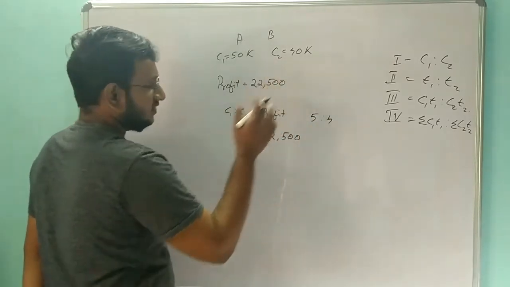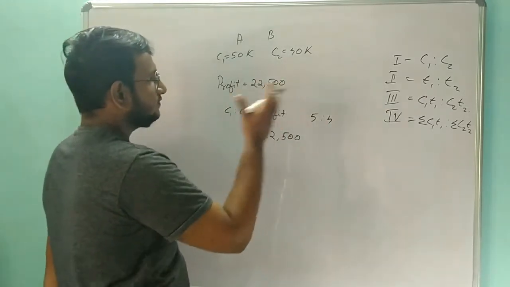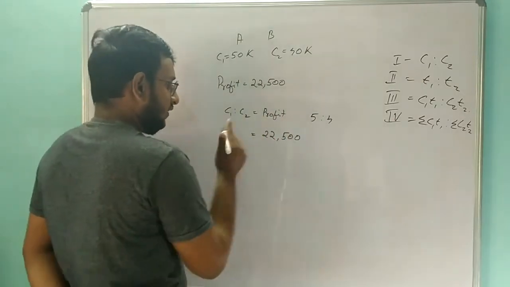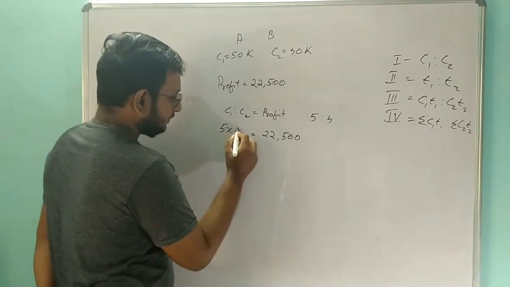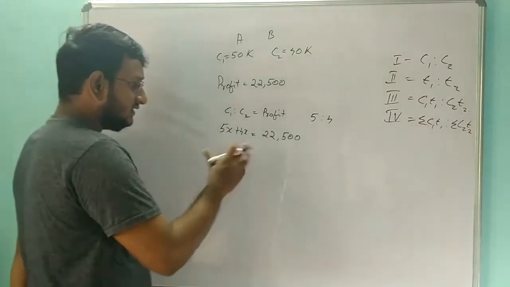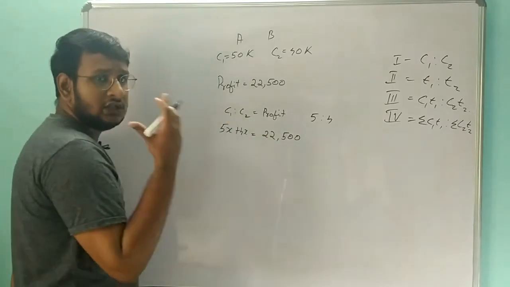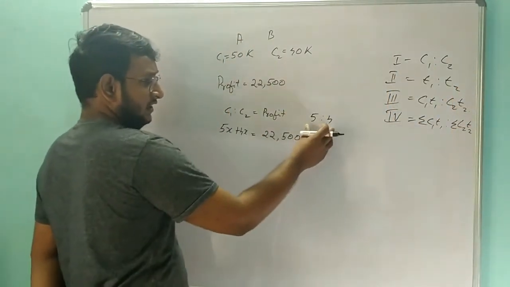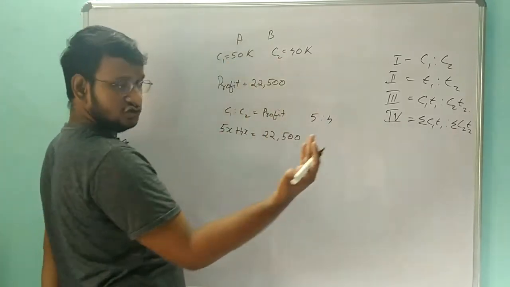5:4, right? We can cancel all the 4 zeros on both sides, and the ratio of capitals between A and B is 5:4, right? So we don't know the exact amount, so we can write that 5x plus 4x will give us 22,500, because in this ratio only they are going to divide the total profit, because the total profit will be divided in the ratio of C1 is to C2. So the ratio of their investment is 5:4 respectively, that is 50k and 40k, so 5:4, right?